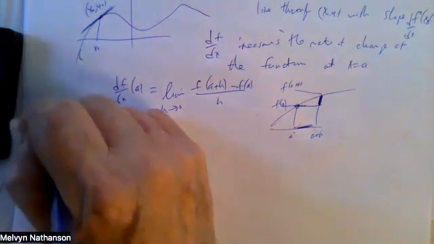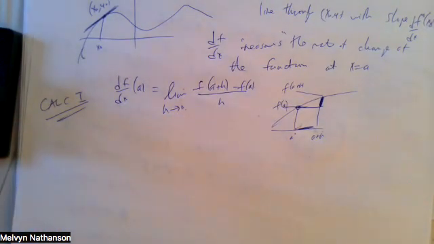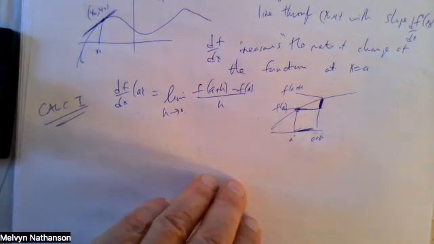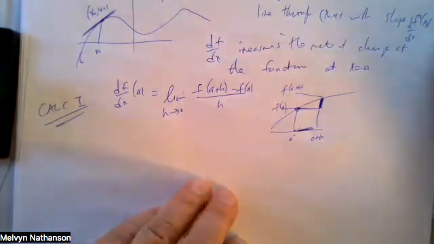So this is Calc 1. So by the time you get to Calc 3, there are two possibilities. One is you've forgotten this completely, in which case you'll be in a lot of trouble. And the other is you haven't forgotten it, and you'll be able to understand pretty easily what